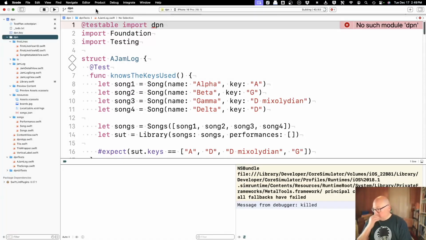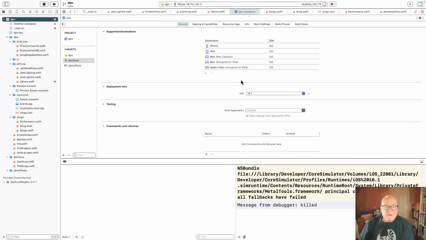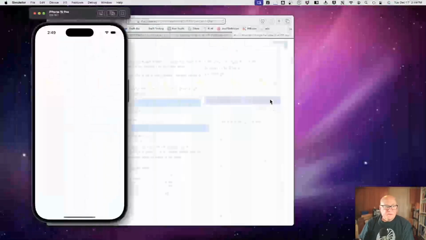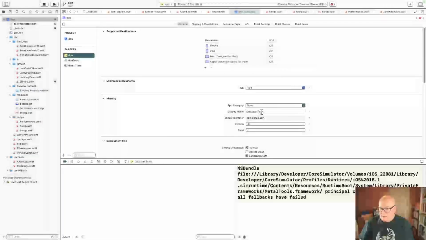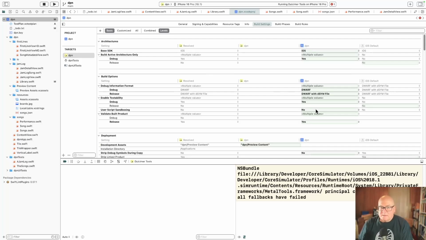I think project name is related to the folder on disk. So display name, do you think? Oh, well, project name does sound like a low-level thing, doesn't it?